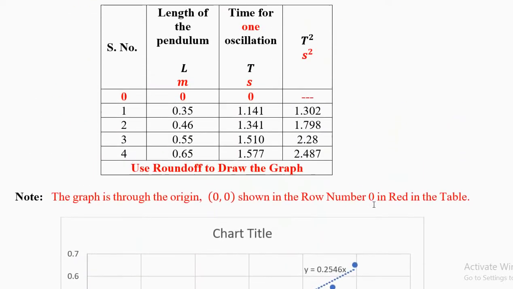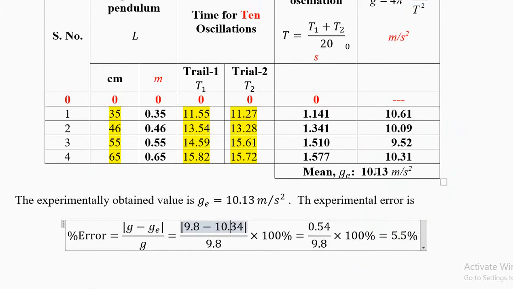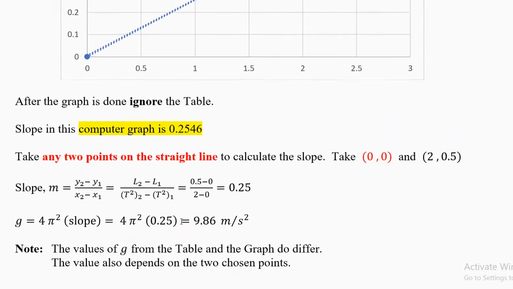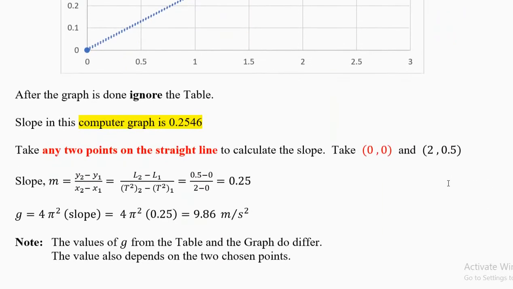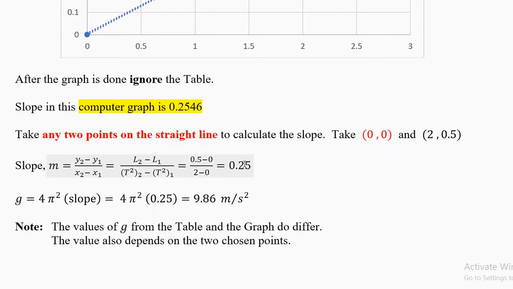Now please remember, your table value will be different from your graph value, because the graph cannot show so many numbers. This is a computer graph, so it is writing 4 numbers after the point. You cannot write more than 2 numbers after the point here. That's why I stopped here. You cannot write many numbers here like this. This is wrong, because your graph paper can show only one number. So in your calculation, you can take only one number, but please take 2 numbers in this graph.